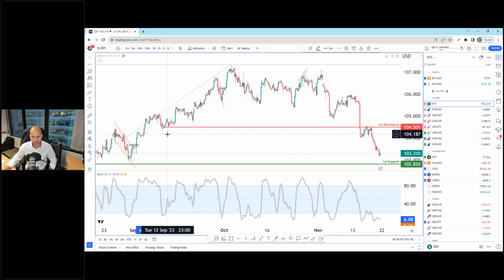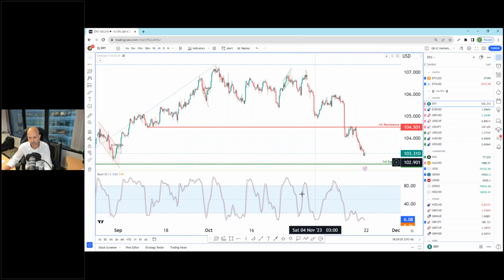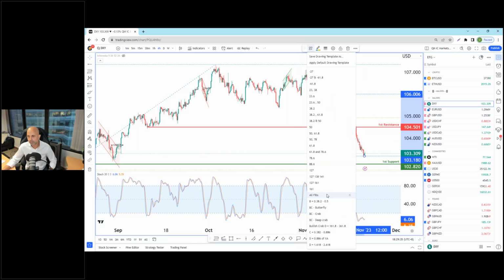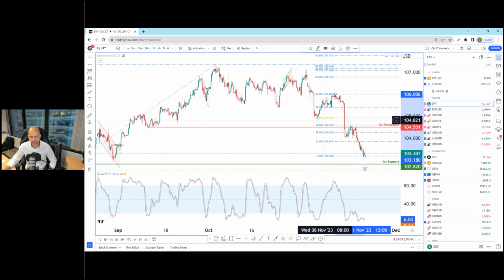Why do I say that? You can see price finding support here back in mid-September before moving higher. Then when price broke underneath it, it ran into resistance here on 16 November before pulling away from this level and dropping. So this indicates to me that this is a pretty significant overlap level, which is why I've identified it as the first resistance. You can probably also use the Fibonacci retracement starting from this swing high here, 10th of November. Now that the bottom has been formed, we can pull up all the fibs. You can see that this first resistance also aligns quite well with the 50% Fibonacci retracement.